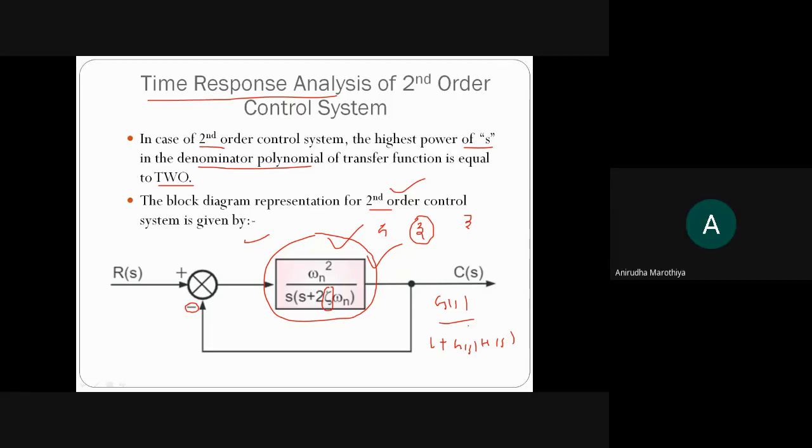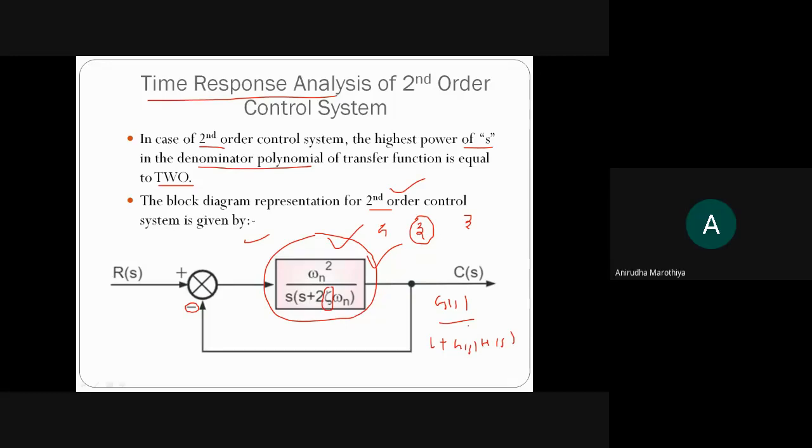Yes, sir. So as we did in the case of the first order control system, exactly the same process we are now doing for the second order control system. As we had taken a general block diagram representation of the first order control system there, in the same way here we have taken the general block diagram representation for a second order control system. And here in this case we introduce two different terms. One is called omega n, which is nothing but natural frequency of oscillation, having the unit radian per second. And the second one is called zeta, which is nothing but damping ratio. It has no unit, it is simply a plain number. Have you written this, drawn this?